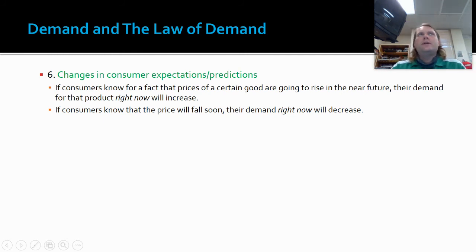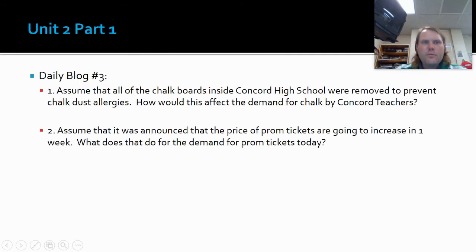If you've ever been in the situation where gas prices have gone up at a few different gas stations, and then you go and buy gas really quick at a gas station where it's not more expensive, that's a good example of this. Because if one gas station raises their prices, usually we see prices increase later on at the other ones. So if I know one gas station's raised their price, I'm going to increase my demand right now for another gas station's gasoline, because I feel like it's going to raise the price in the very near future. All right.